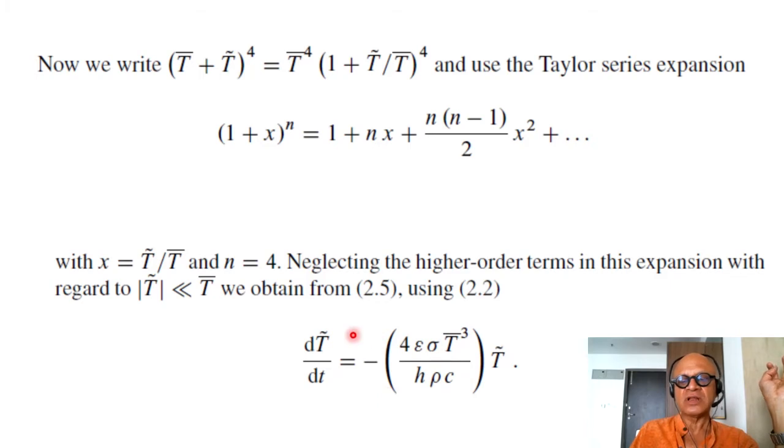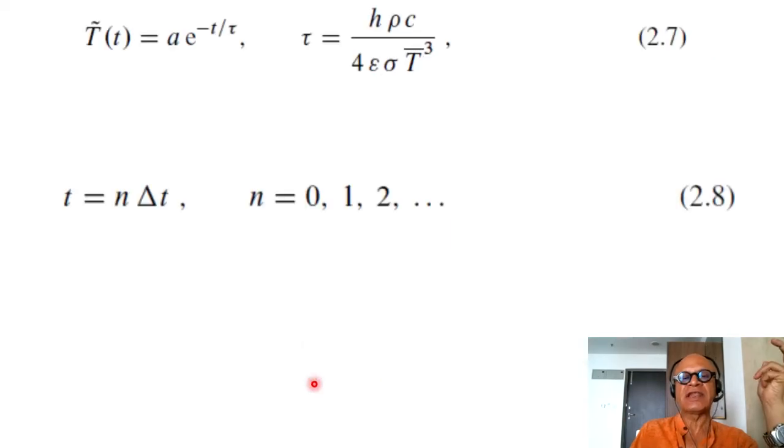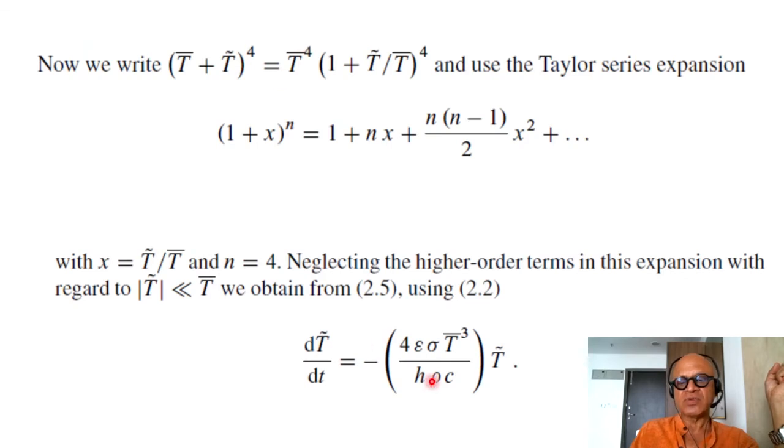Those who know a little bit of math of ordinary differential equations know that we can take this one here and take dt over here and integrate both sides. Whenever you have an expression like dT tilde divided by T tilde, you end up with an exponential solution. So T tilde as a function of time just becomes equal to a constant multiplied by exponential of minus t divided by tau,